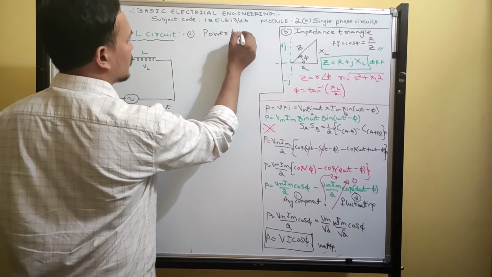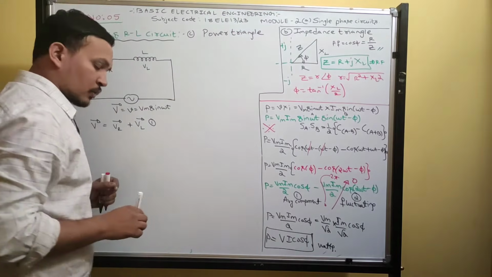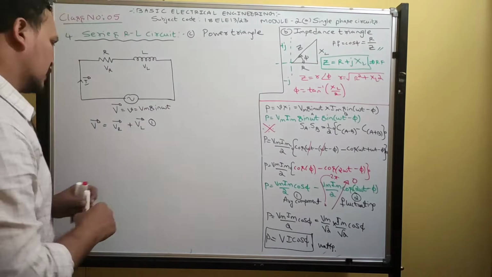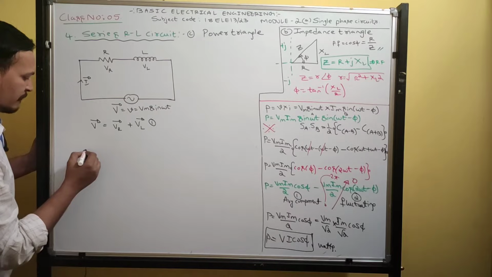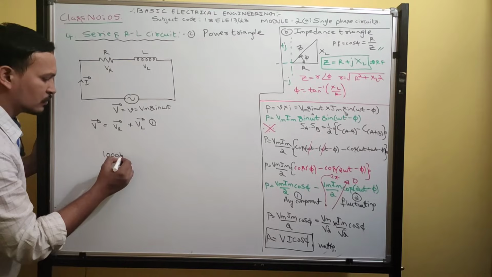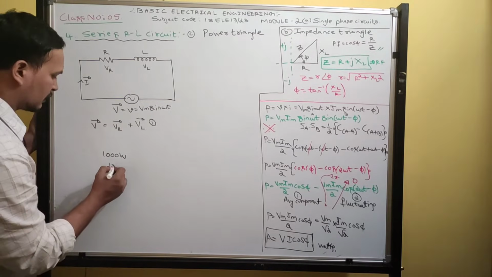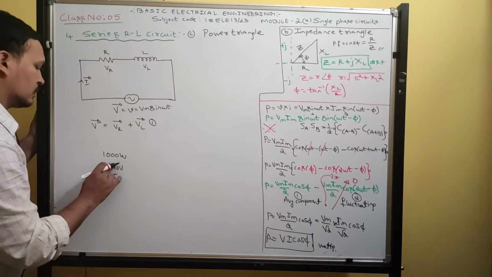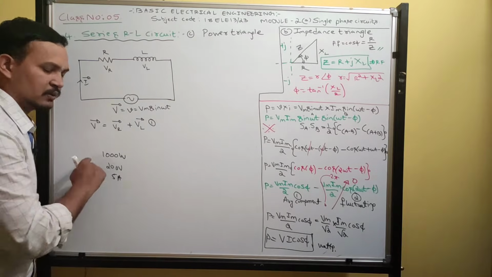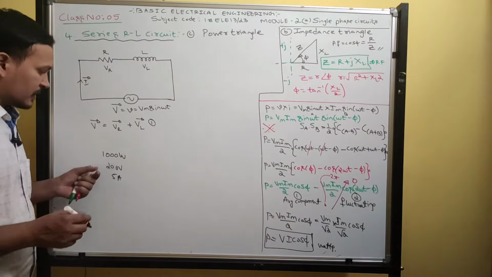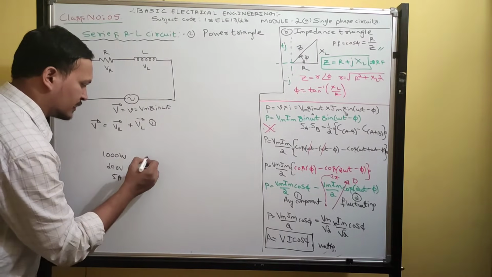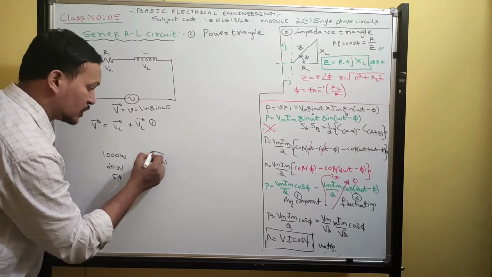See, we have three types of power. One is called total power, another is active power, and one more is reactive power. See, the meaning is, suppose you take an electric iron box, it is rated 1000 watts, and they will give 200 volt, 5 ampere. Simply multiply this to get total power. But when the iron box is connected to the supply, out of 1000 watts, 950 watt is consumed.